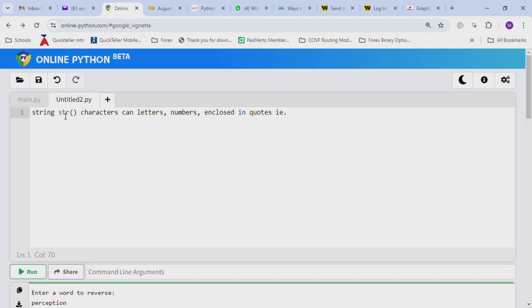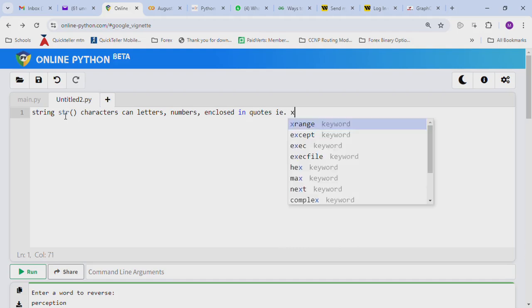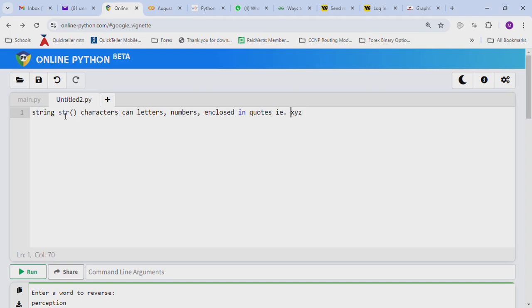That is, for instance, we have x, y, z. So this is a string. Okay, fine. So now we're going on with this. Now I want us to work on strings. The very first of it, I want us to start with